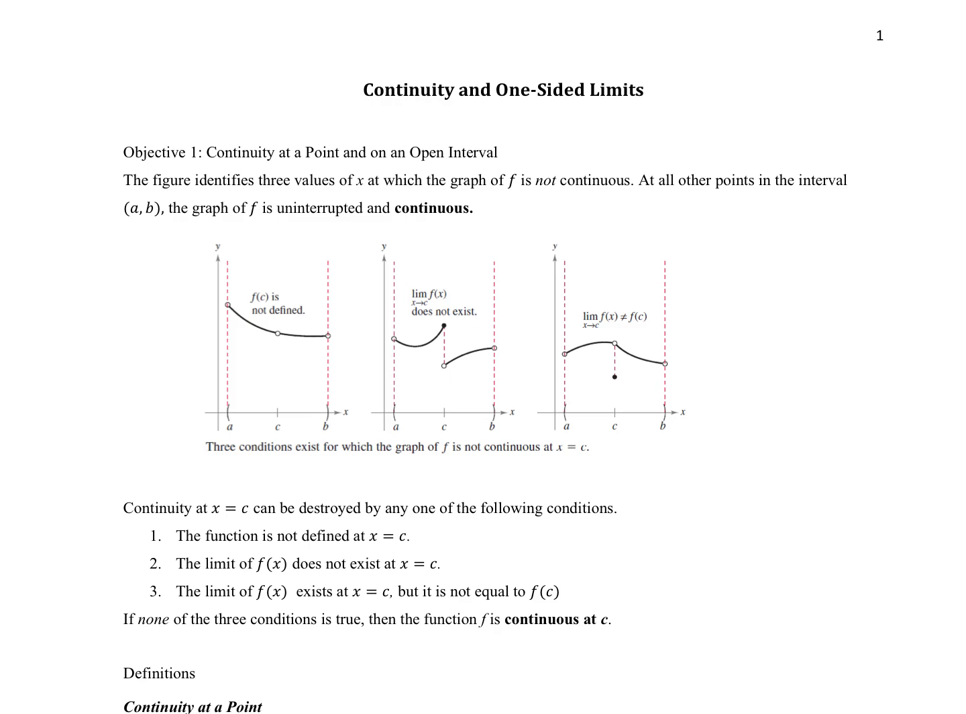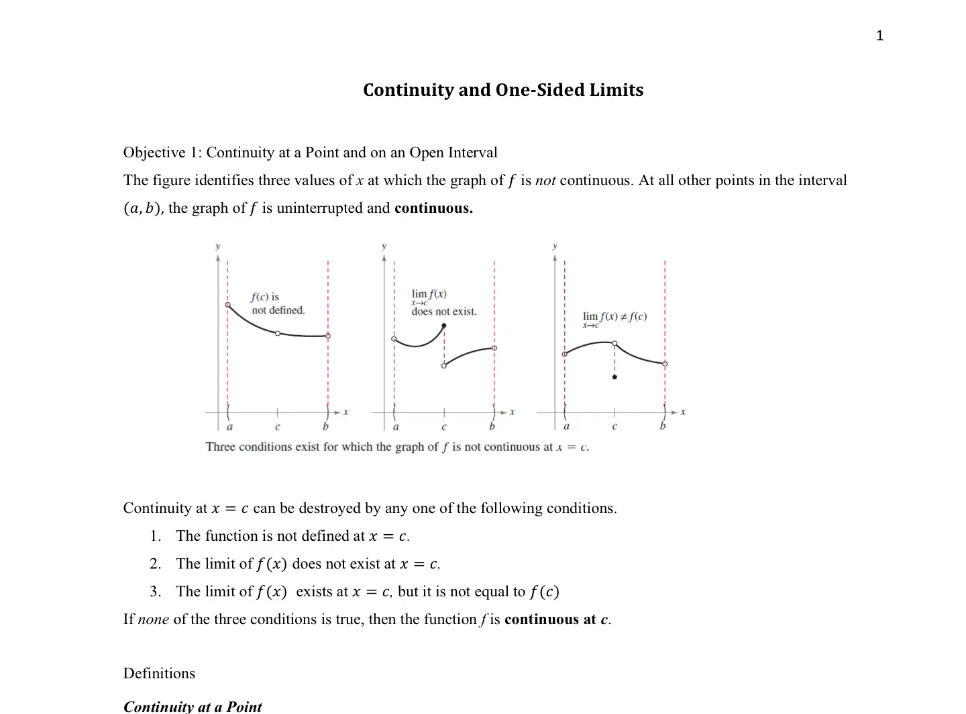In this lesson, we'll introduce continuity and one-sided limits. Let's first talk about continuity at a point and on an open interval. When we say f is continuous, that means f is not broken or uninterrupted. Basically, geometrically speaking, that means if you are tracing the graph of f, you don't have to lift your pen